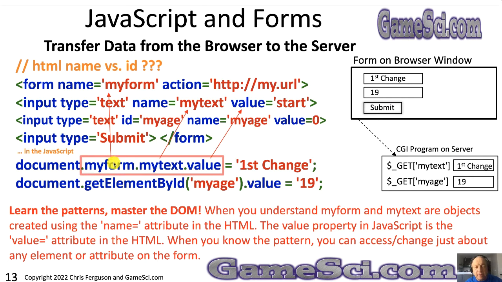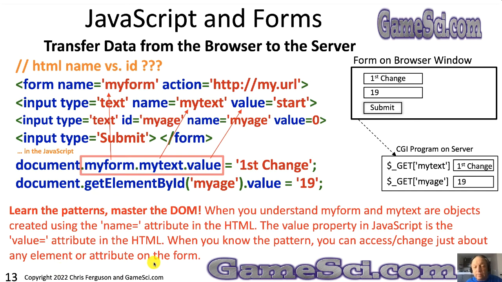Note what's going on here. See the myForm here? That matches the name myForm there. See the myText here? That matches the name myText here. See the .value here? That is the attribute value for this field. Learn the patterns, master the DOM. When you understand myForm and myText are objects created using the name attribute in the HTML, the value property in the JavaScript is the value attribute in the HTML. When you know the pattern, you can access or change just about any element or